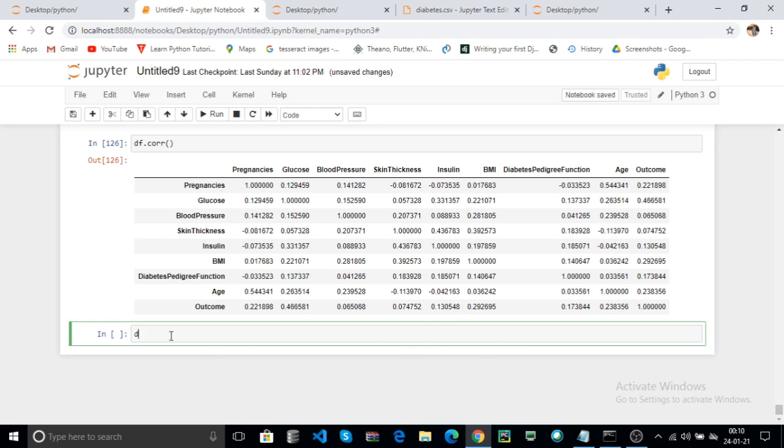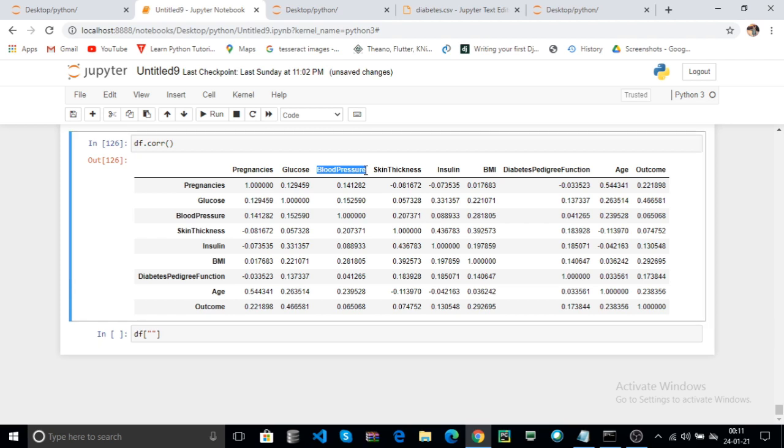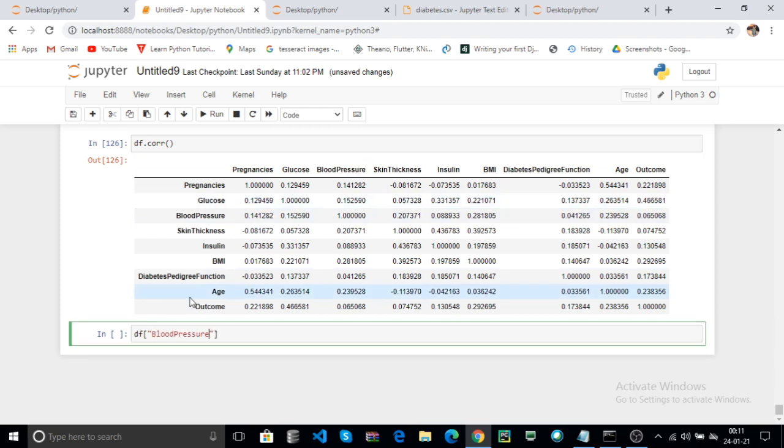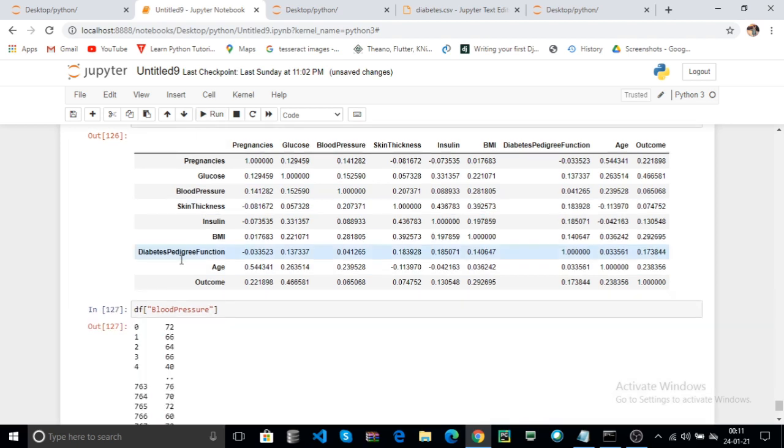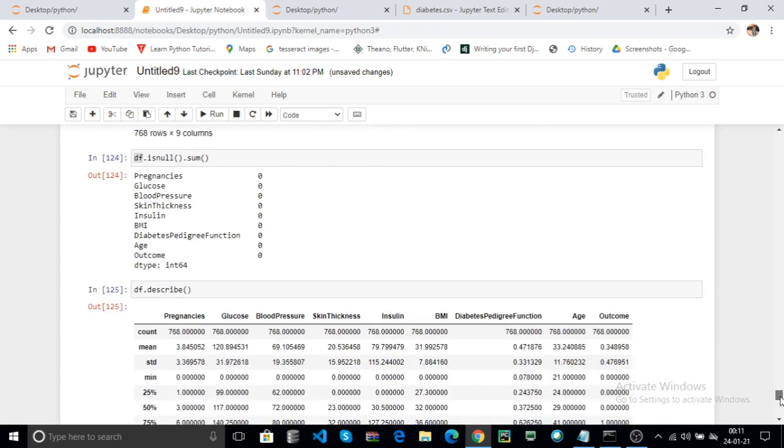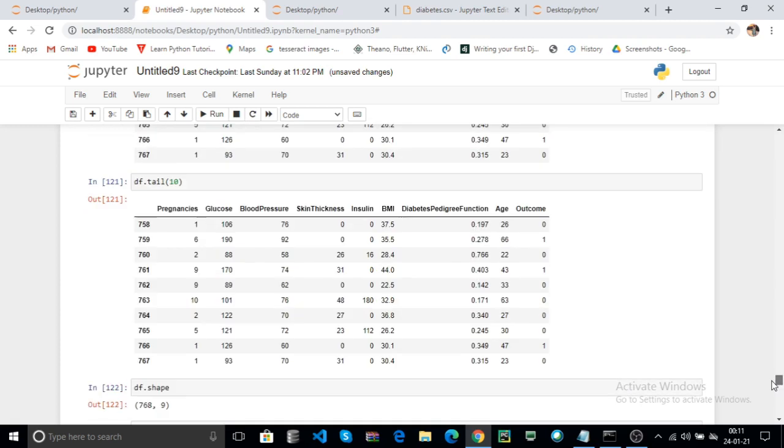Now how to access the columns in the data set. For example, you can use blood pressure. Here you can print it, click on run. Here it returns the blood pressure values. Your data set contains values like 76, 92, 58.